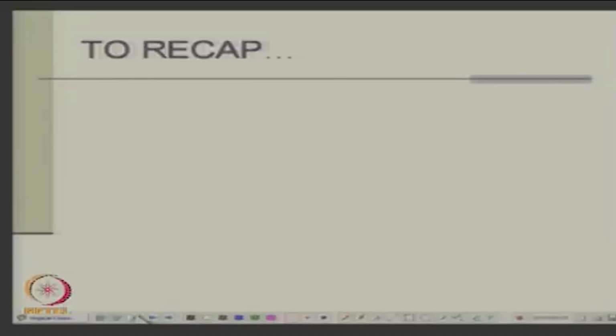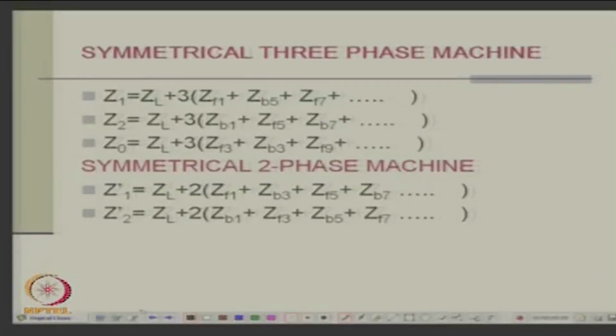Okay. So, we will continue with application of rotating field theory of asymmetrical machines. And to recap, we have the equations for asymmetrical connections. And if it is a symmetrical machine, what we concluded was it will have a positive sequence impedance, isn't it. We said if it is a symmetrical 3-phase machine, it will have a positive sequence impedance Z1 which